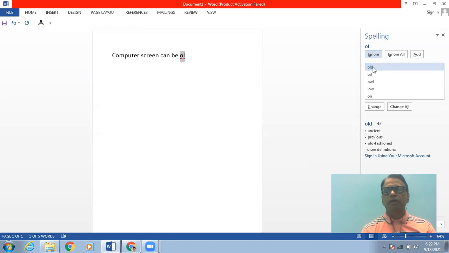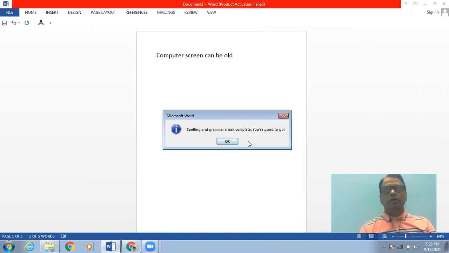And if I'm happy with the first suggestion, instead of OL, if I want it to be OLD, then I can change it so that the checking of the document will be completed, because this document consists of only one line, and the corresponding message of spelling and grammar check complete will appear on the screen.